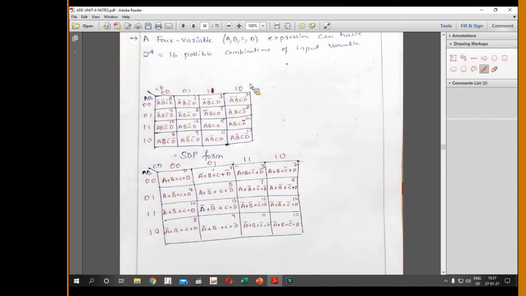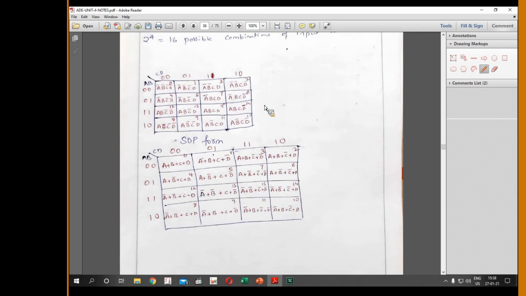So don't do this: if your given function is in ABCD, after minimization you should not represent your function in WXYZ. If your function is represented in WXYZ, don't write your minimal expression in ABCD format. Okay, so you should follow the alphabet order. So if a function is represented in the alphabet order of ABCD, the minimal expression should be in the order of ABCD. If it is represented in WXYZ, the minimal expression should be in the order of W, X, Y, Z.